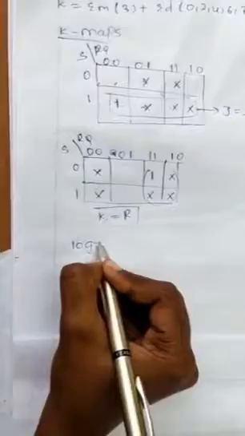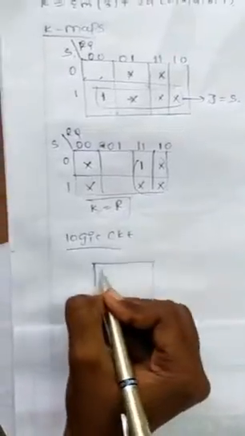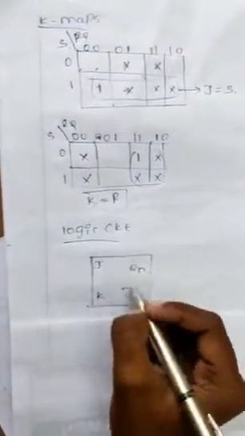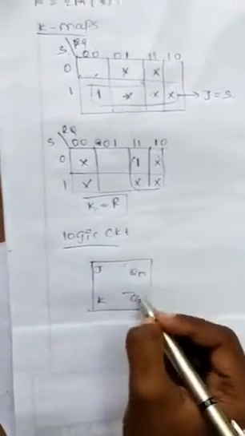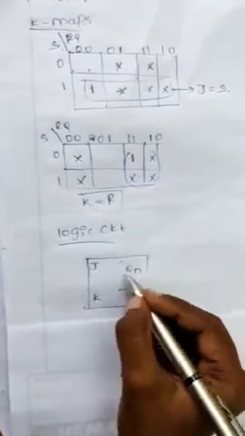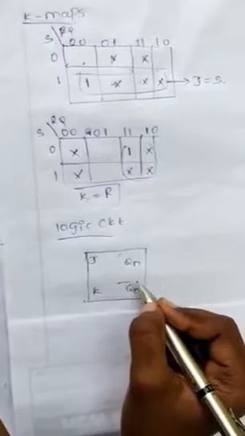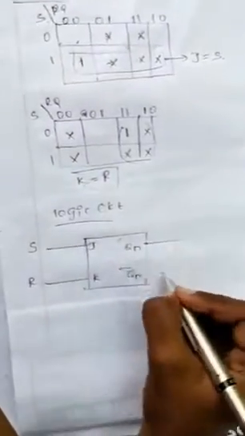Next you go for the logic circuit. This is the circuit box. So J K, Q of n, Q of n bar. Q of n and Q of n bar are the outputs, and this is the present output and this is the upcoming output. S and R are the inputs here. So this is the logic circuit.